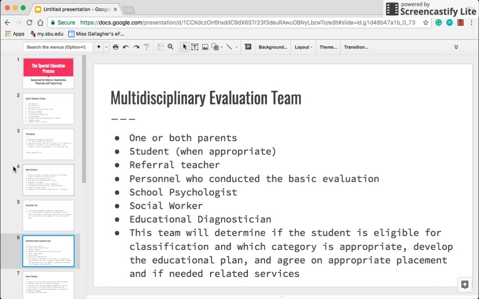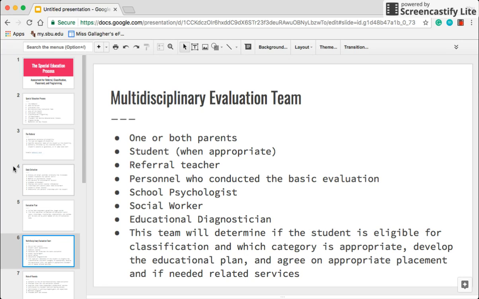The next part of the process is the multidisciplinary evaluation team. This team involves one or both parents, the student when appropriate, the referral teacher, personnel who conducted the basic evaluation, school psychologist, social worker, educational diagnostician,